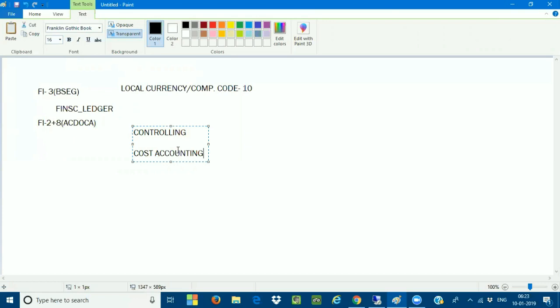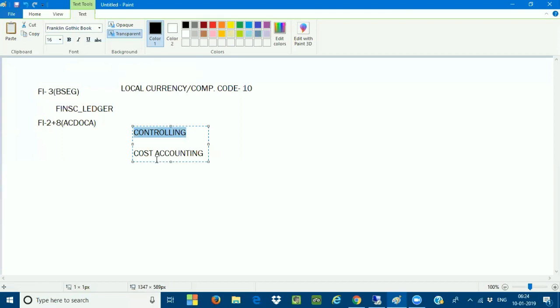During the manufacturing of a product, various costs are going to be incurred on a product, from the procurement of the raw material till the goods have been sold to the customer, till the profitability analysis has been done. So these costs are going to be controlled. How are these cost objects going to be controlled? What is the cost which has been involved? Controlling is the module which tells about the costing.